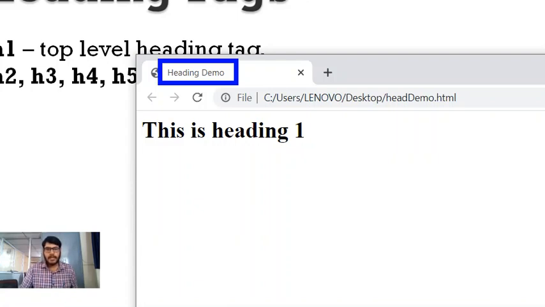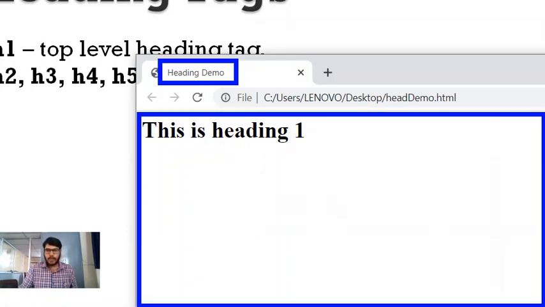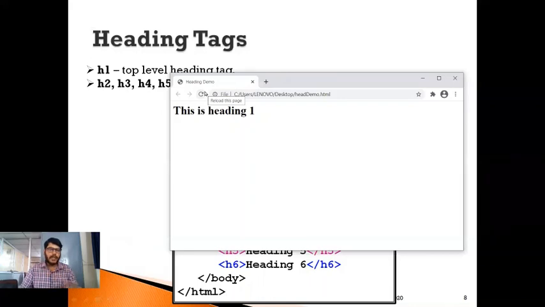And this is the body section, the body part of the HTML document. In the body section, we have included one heading tag in which we have specified the value as this is heading 1. So that's why it is displaying this is heading 1 like this. So this is what H1. Just now we have included H1. Similarly, I can include H2 so that it will decrease the level of heading now.